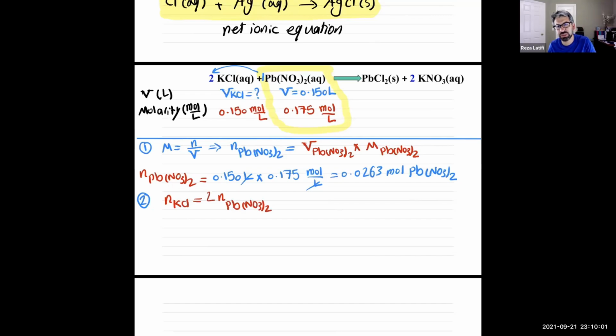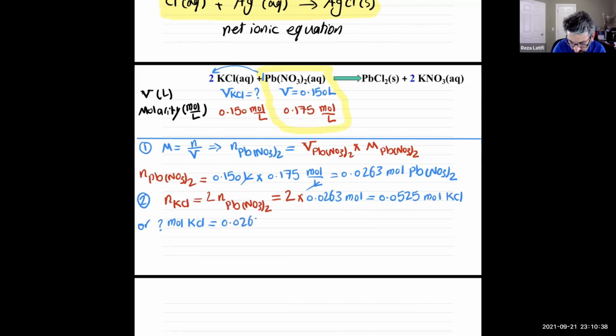Or you can use dimension analysis and find number of mole for KCl. So I say 2 multiplied by 0.0263 mole, and that's going to give me 0.0525 mole of KCl. I said you can use dimension analysis, and you can say, how many mole of KCl? I go with 0.0263 moles of lead nitrate